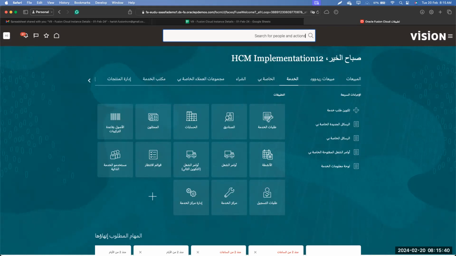And going deeper into our training sessions, we would be using these terminologies very frequently. Once you start working in the Fusion application, you would be using these terminologies very often. Whenever you start an implementation or support project, you keep using these terminologies with the customers.